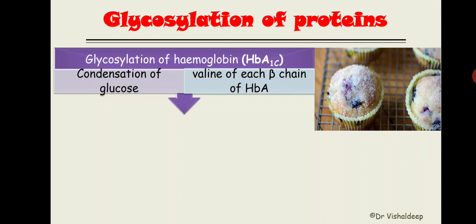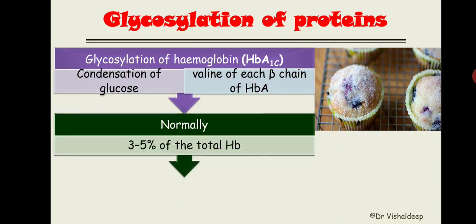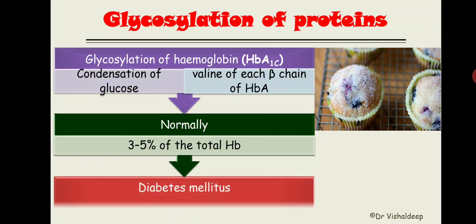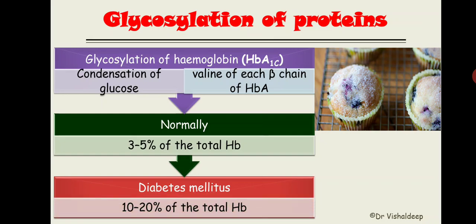Now normally the glycosylation is also present. That normal amount of the glycosylation is about 3 to 5% of the total hemoglobin. So yes, a person who does not have diabetes also has glycosylated hemoglobin, but a person who suffers from diabetes mellitus has a greater amount of that glycosylated hemoglobin, and the actual amount is 10 to 20% of the total